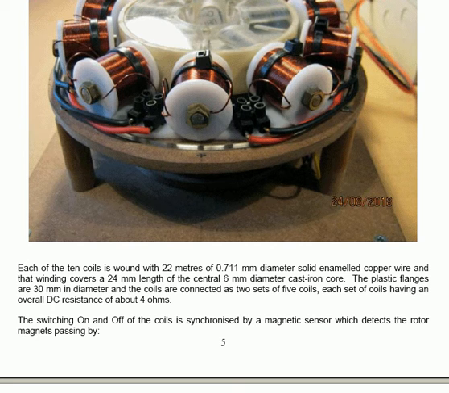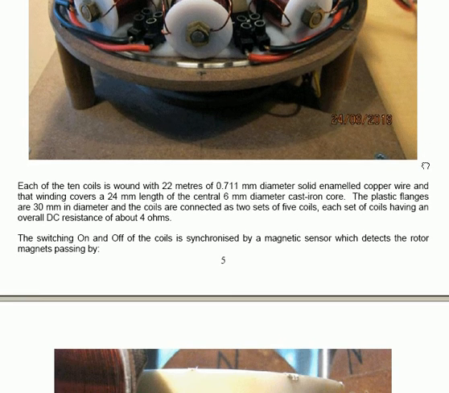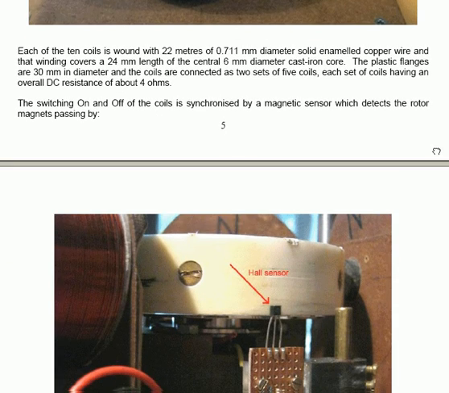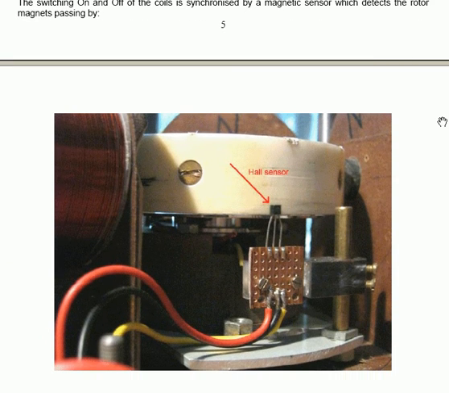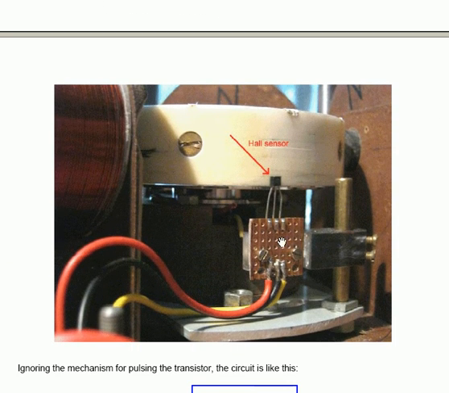The sensor is mounted just outside the rotor disc, and the wires from it are taken away to circuitry. The mounting that has been used here allows slight adjustment sideways and vertically, and that makes a difference as to exactly when the magnetic sensor switches on and off. The circuit using the disc and the sensor